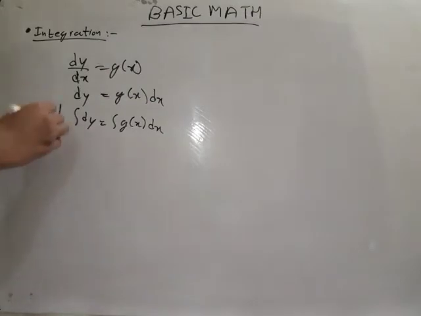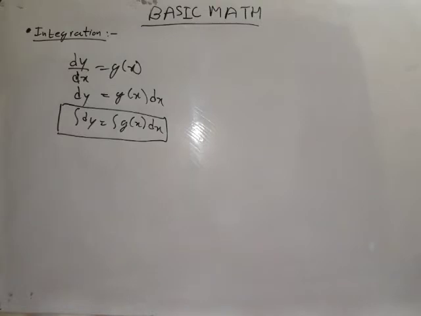So this is the basic theory which we will be using in physics. Now mathematics is a different part. We will show you how to do integration, what is integration, more elaborately in the mathematics part. But this is what we need in physics. So for a small change in y, we have to take out the change in x and multiply it by the value of the differentiated function at those points.